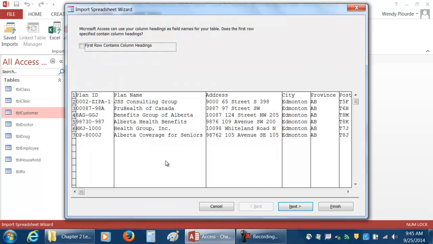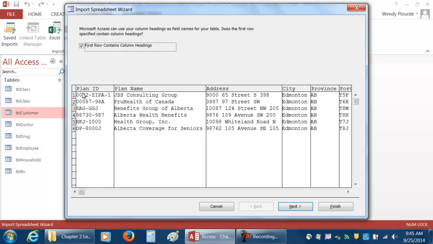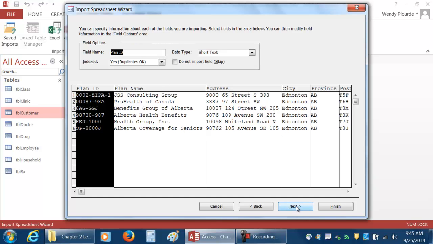Okay. Now it gives you a few options here. Yes, the first row does contain column headings, meaning the field names going across. If you don't do this, this is going to be record 1, and you would have to fix it. So if you click off that, now this row will import as data instead of these being the field names. You can go down, you have a few more options in here. We can go in and we can say